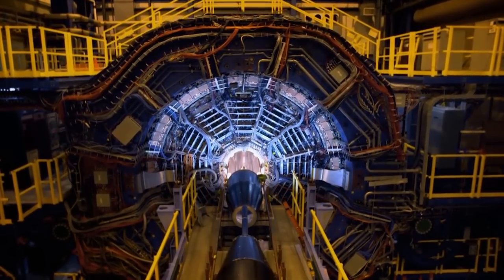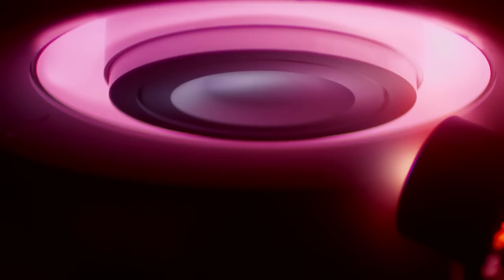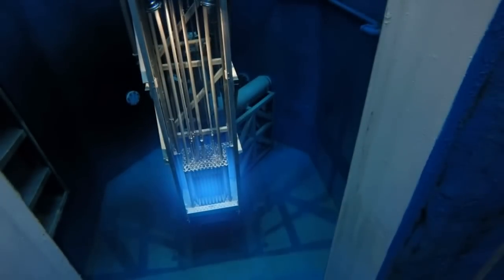Let's take a closer look. They must be compact enough to fit within a spacecraft, yet robust enough to handle the intense conditions of space and the heat generated by nuclear reactions. The core of the reactor contains the nuclear fuel, surrounded by control mechanisms that can adjust the rate of reaction,